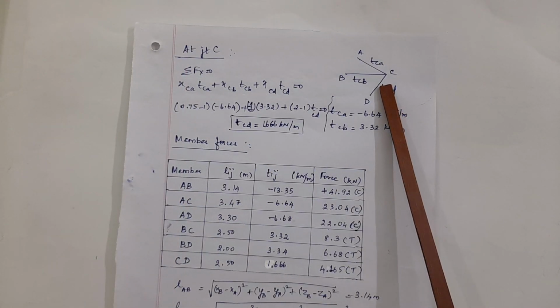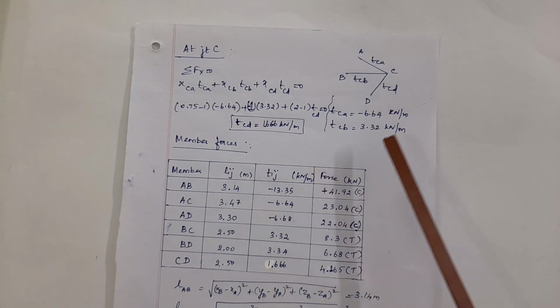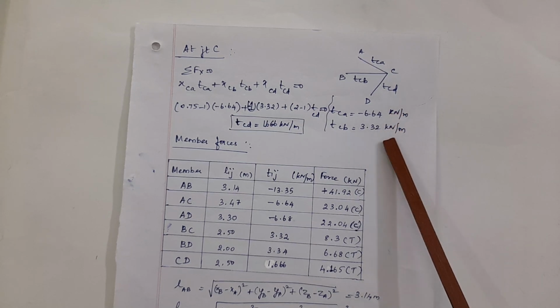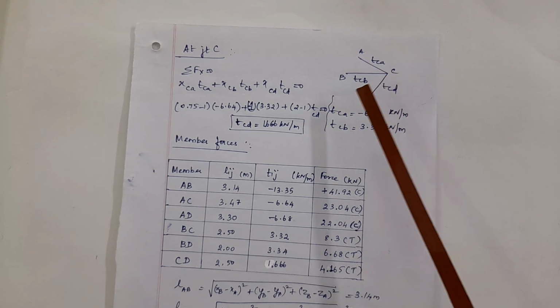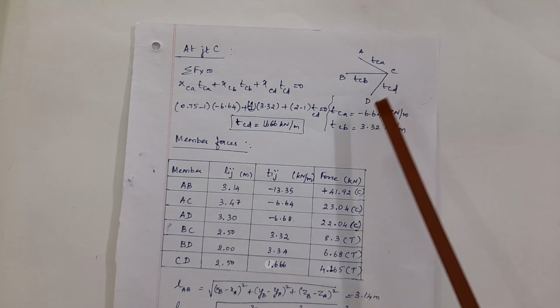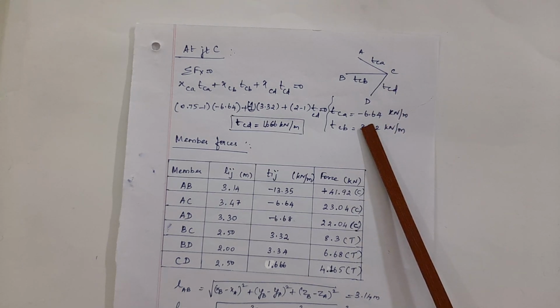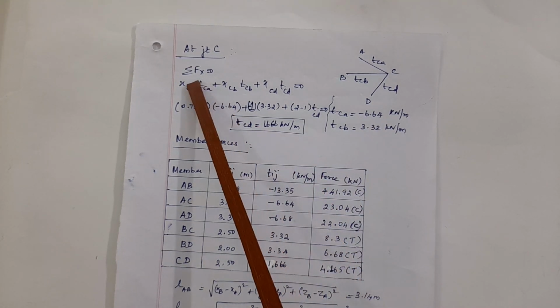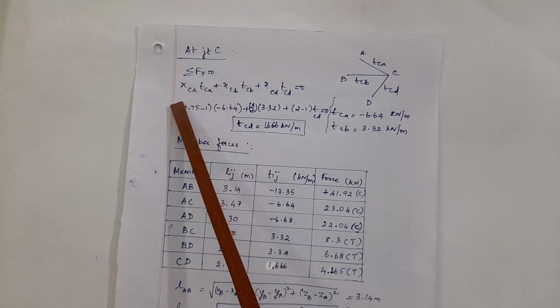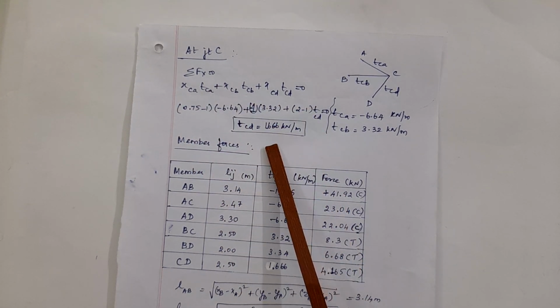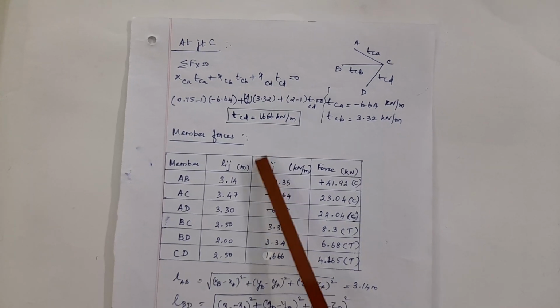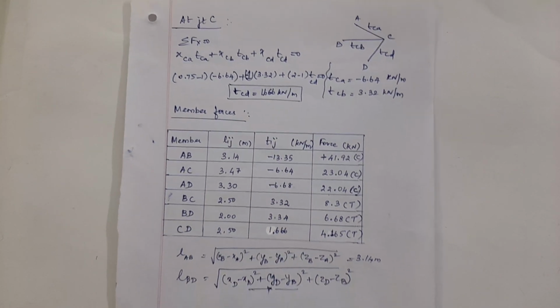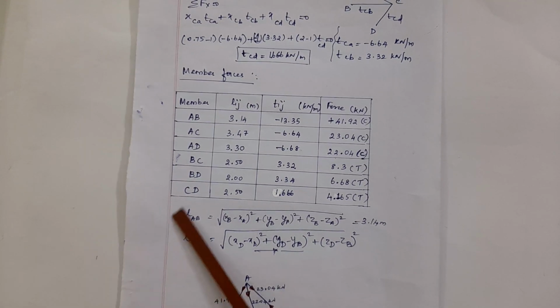Again, three members join at joint C, out of which two member values are already known, that is TCA and TCB. Only one unknown, that is TCD, has to be determined. So I can make use of any one equilibrium equation to determine it. I have taken sigma Fx equal to 0 and a relation is written, and finally known values are substituted and the unknown is determined. So after determining the tension coefficient in all the members, I can write in this tabulation